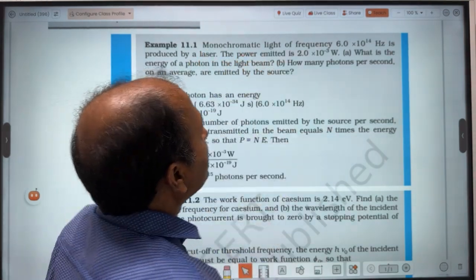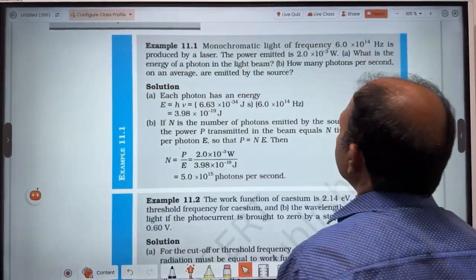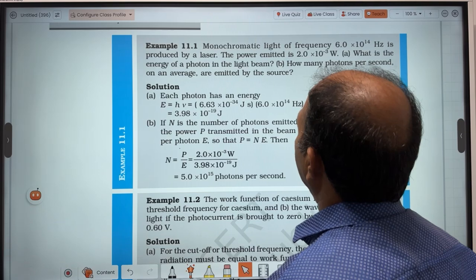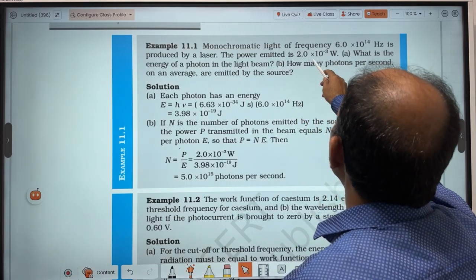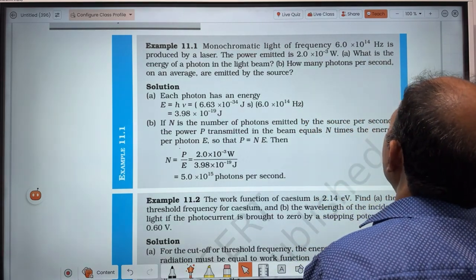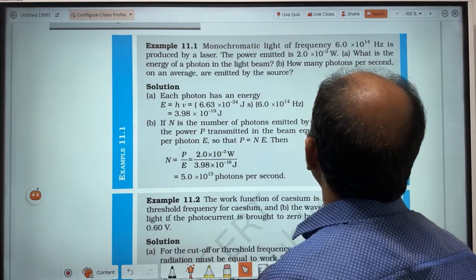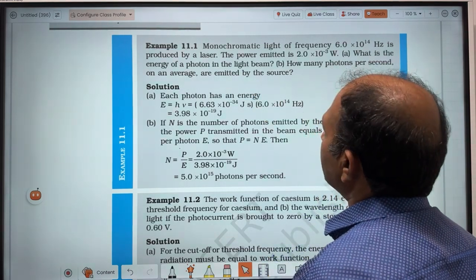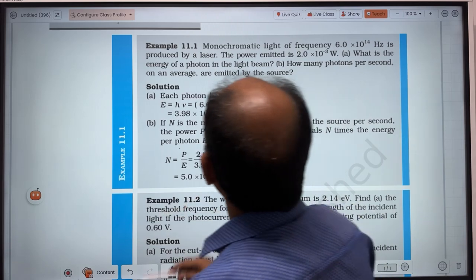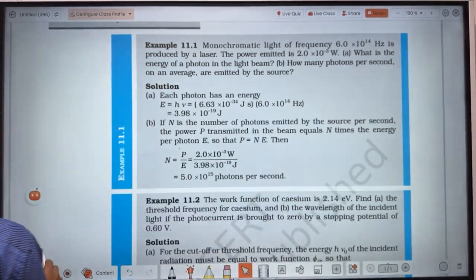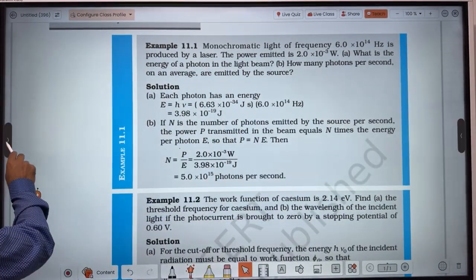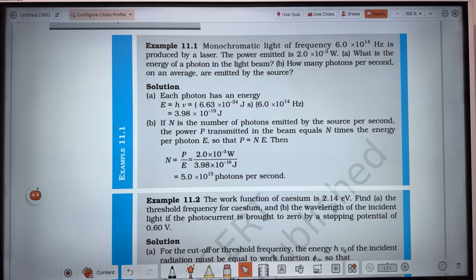Monochromatic light of frequency 6 into 10 power 14 Hz is produced by a laser. The power emitted is 2 into 10 power minus 3 watt. What is the energy of a photon in the light beam? How many photons per second on an average are emitted by the source? Right. So here